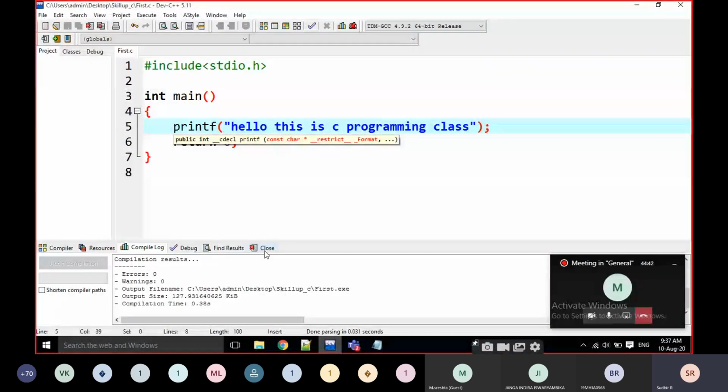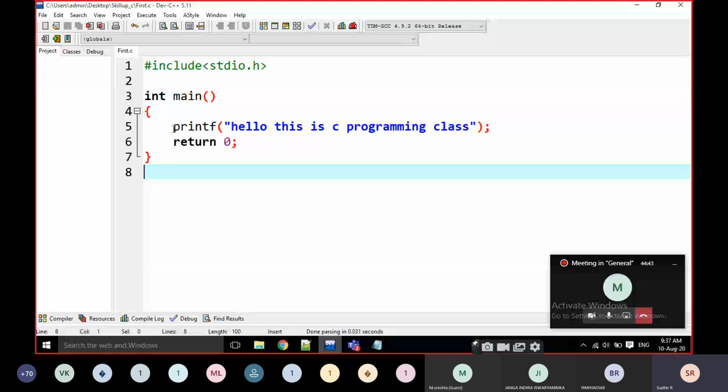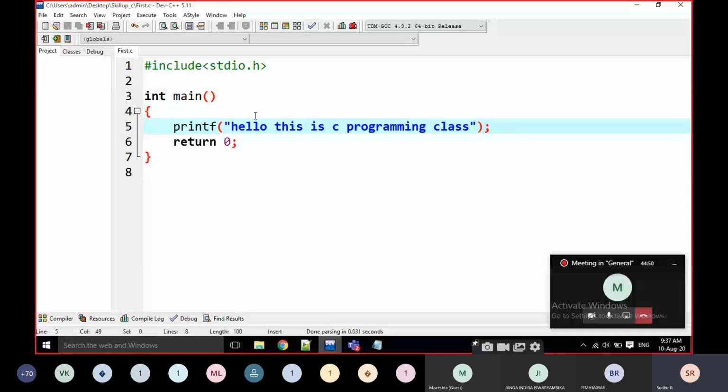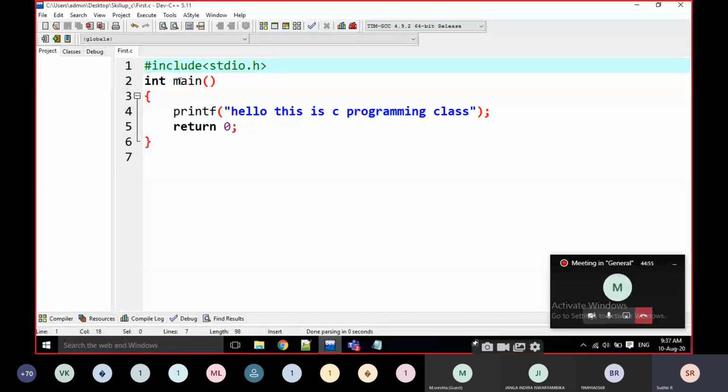With what statement am I going to print the line? Using the printf function here. Note down everyone, the first program, the basic program, the simple program, is to print something on the console.